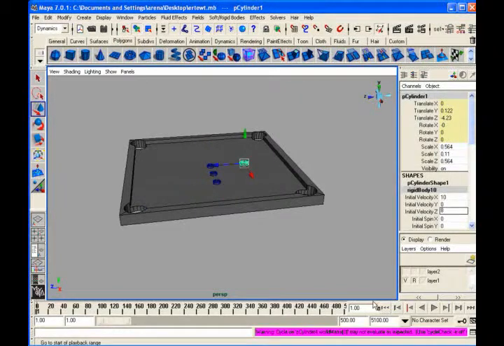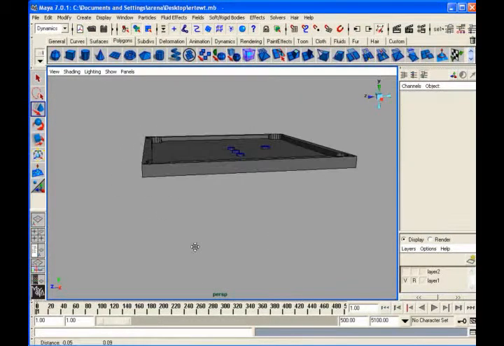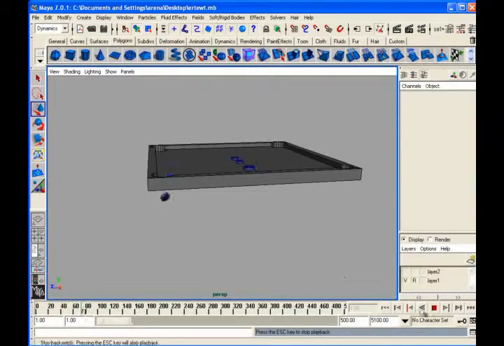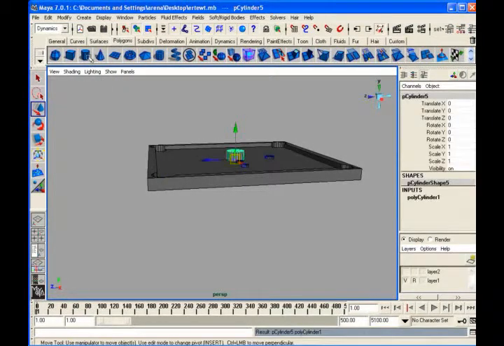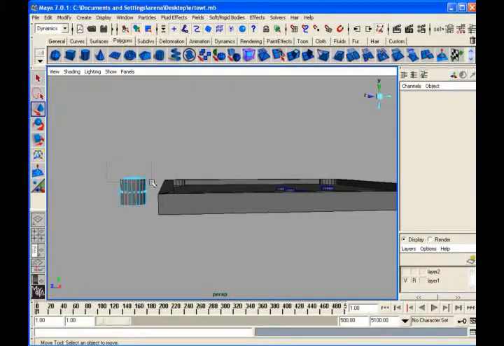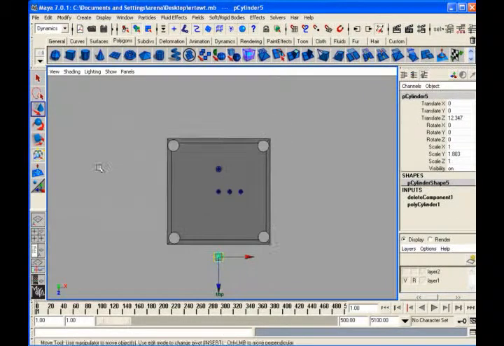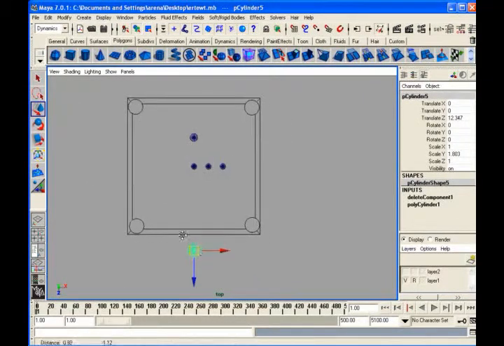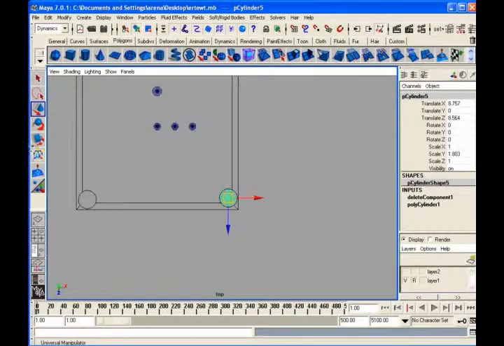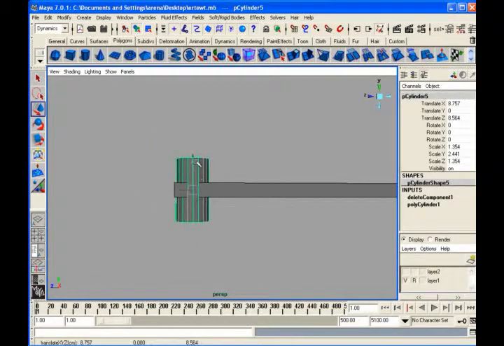But I want to stop this in a pocket. I want to make a net. So literally very simple, you can take a cylinder. Once again, this is a proxy. Select the upper faces and delete. Select this, put it down near your hole. This is your hole. Just scale it down and put it there somewhere.